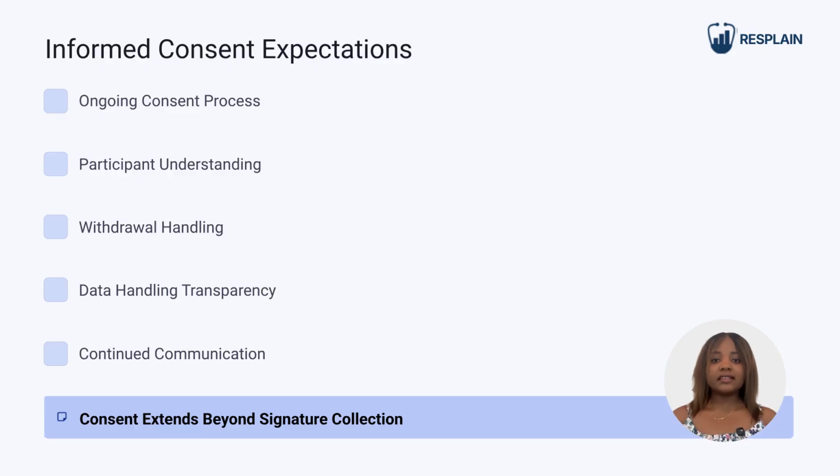R3 reinforces informed consent as an ongoing communication process throughout the study rather than a single event at enrollment. The updated guidance expands expectations around participant understanding, transparency, withdrawal handling, and communication regarding participant data. Auditors may examine whether participants were given sufficient opportunity to ask questions, understand study procedures, understand risks, and make informed